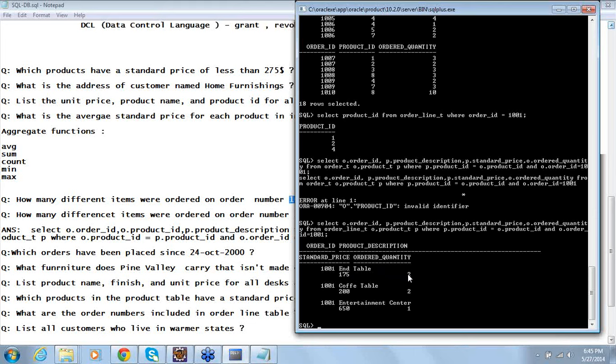So what is the agenda now? In the previous case, I took product ID from the order line table where order ID is 1001. I found that on 1001, products 1, 2 and 4 are ordered. But what do 1, 2, 4 stand for? I want to get the details, but those details are not in the order line table, they are in the product table. So what I try to do is,